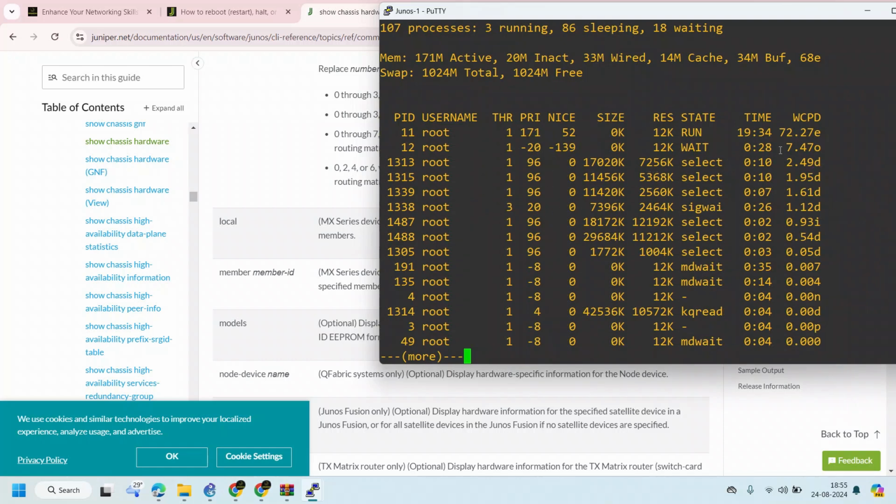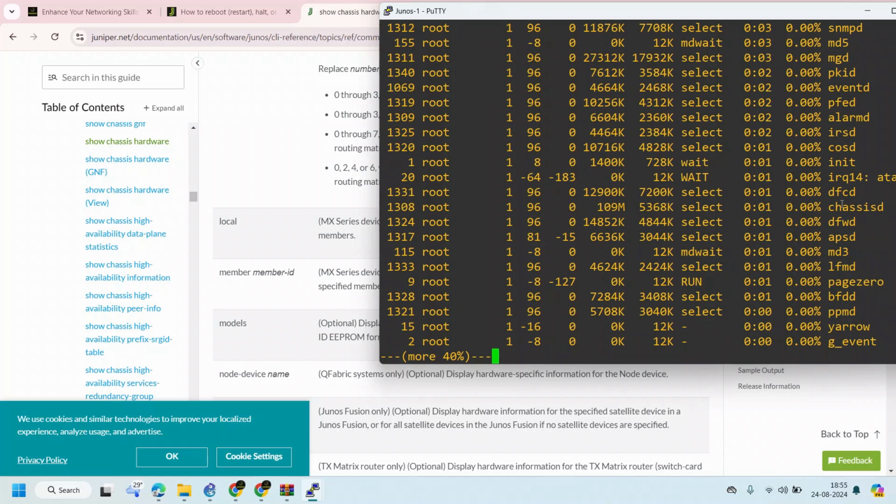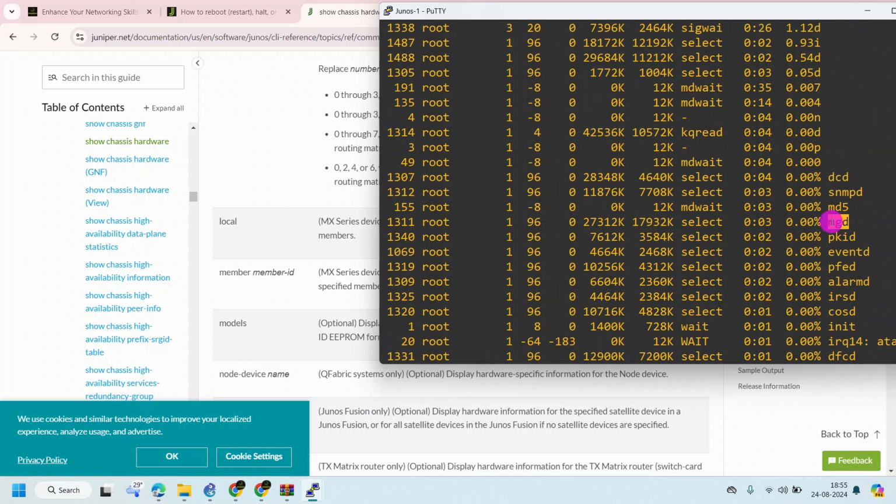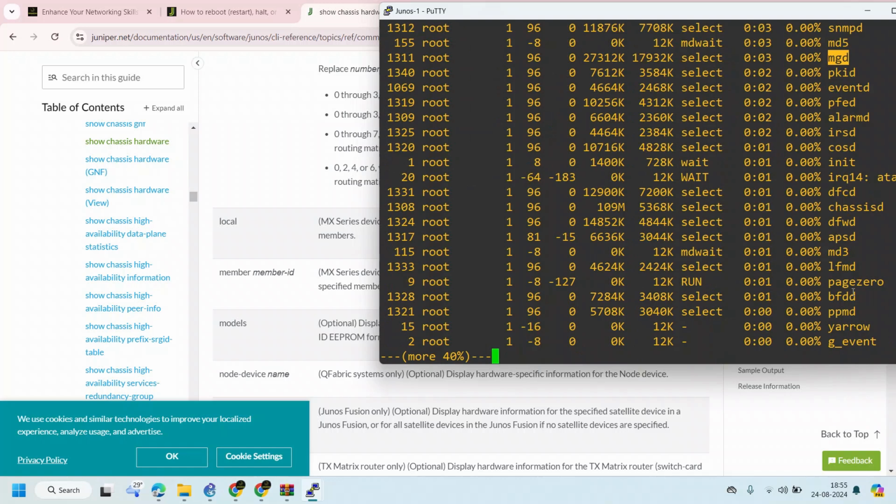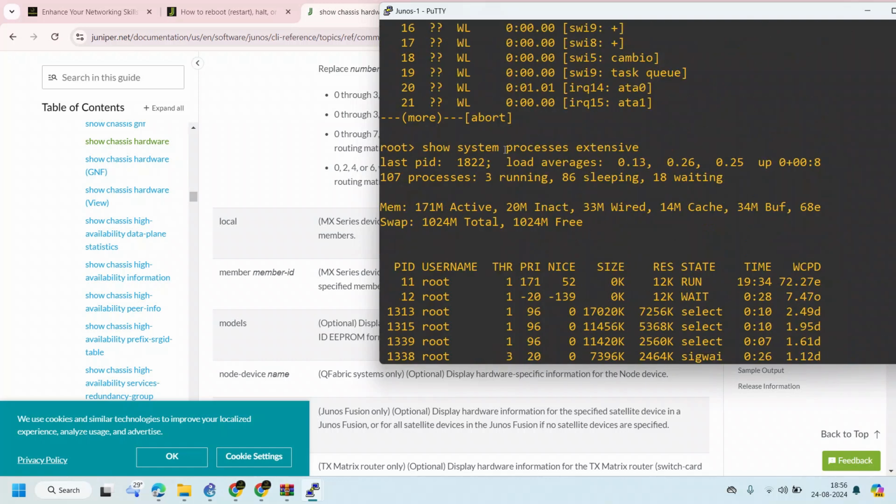This is a daemon. You will see COSD, PFED, MGD. I explained daemons to you. MGD is for management, DCD is for interfaces, status, interface config, everything it will take care of. And RPD is the routing protocol daemon. So each and every protocol has its own daemon. It means a process. So if you want to see the process information,